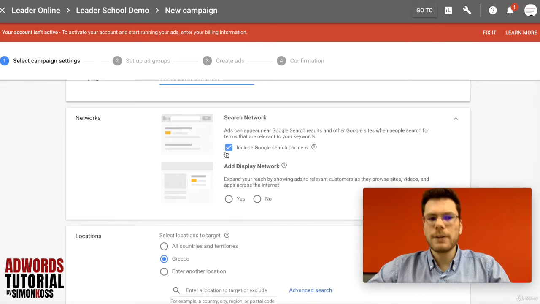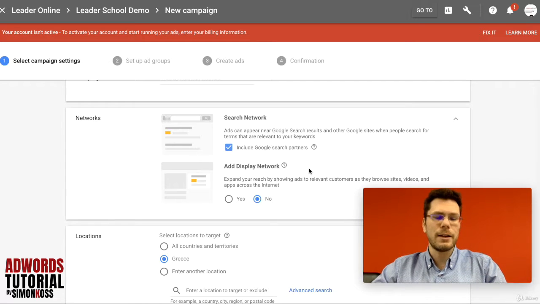In the next section, we're going to select the network we're going to use. Here there is a misunderstanding. I want to do search network only, but Google shows me also the display network. So I say no, I want to pay for the search and I want my ad to appear on the search network only. So search network is all I select, and don't forget to deselect include Google Search Partners,